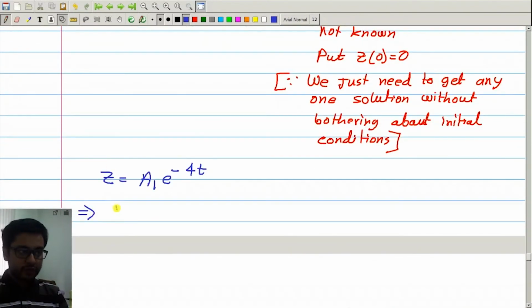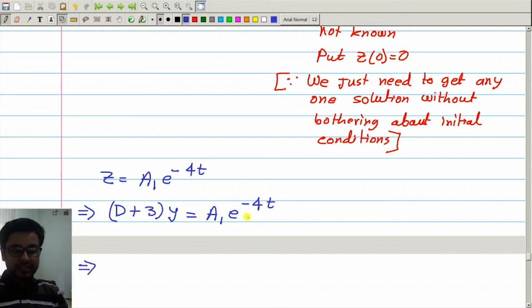So we have d plus 3 acting on y is equal to a1 e to the power minus 4t. Now again this is a first order differential equation. Input is of the standard form, polynomial multiplied by exponential, so the solution will be of this form, y equal